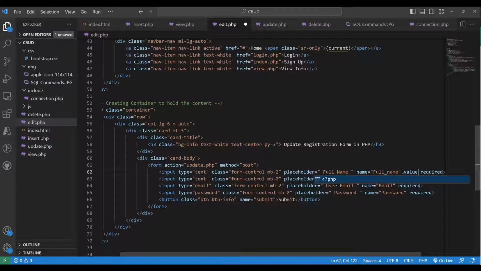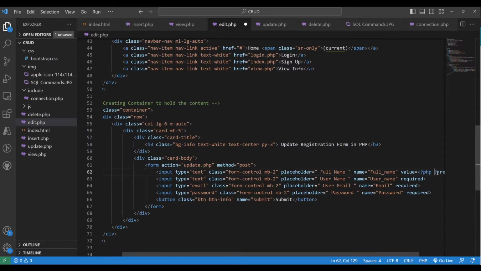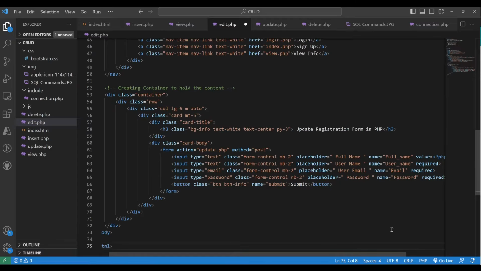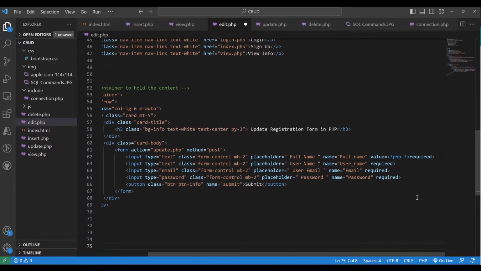So the type value is equal to, value is equal to, because we want to have the value from the PHP, because we've already put up the SQL connection at the top of this page. So we want to spew out